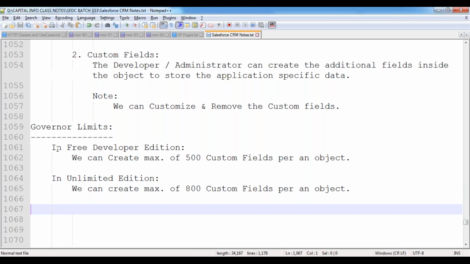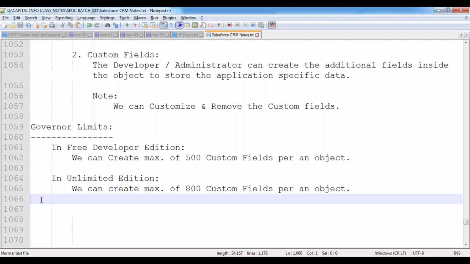Standard columns are not countable. Custom columns we can add maximum 500 in the free developer edition, and in unlimited edition a maximum of 800 custom fields. That is a limitation given by Salesforce.